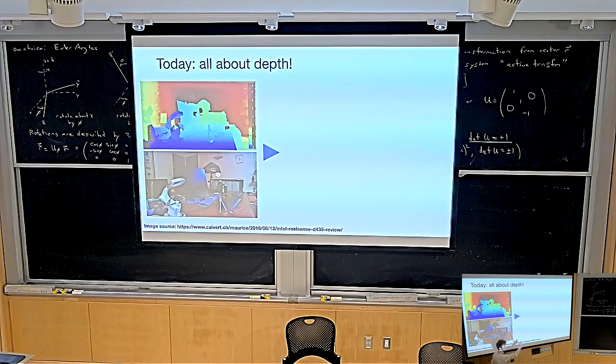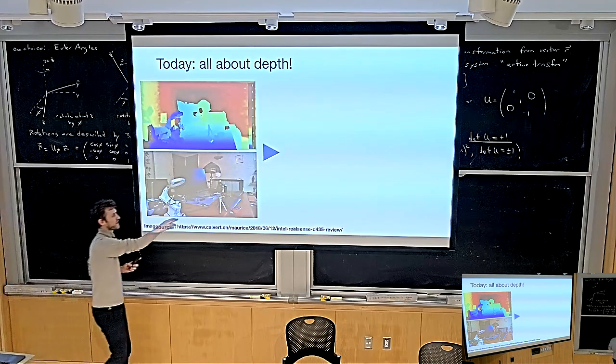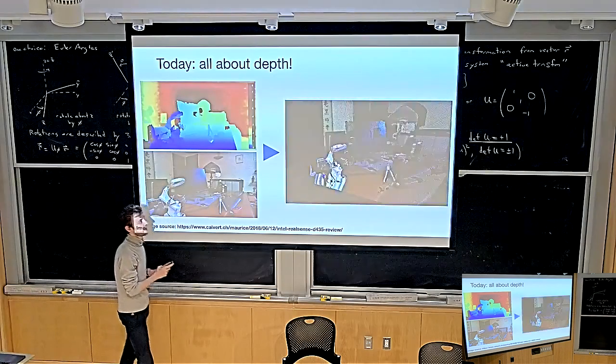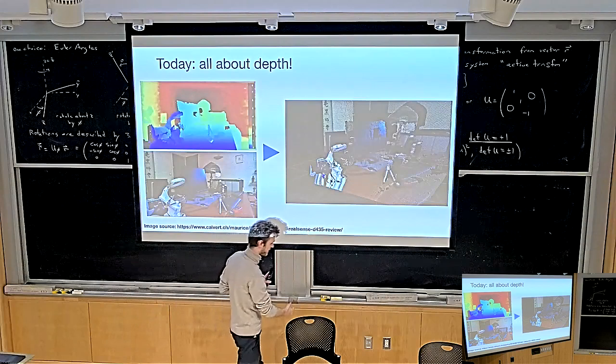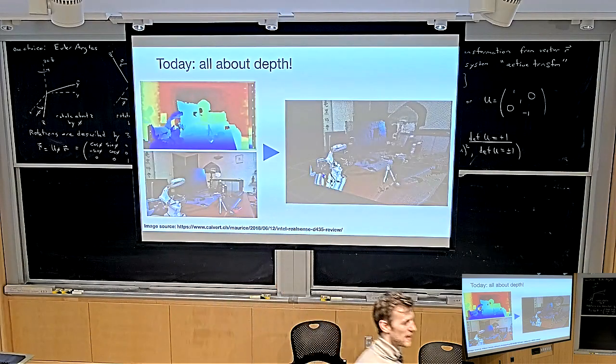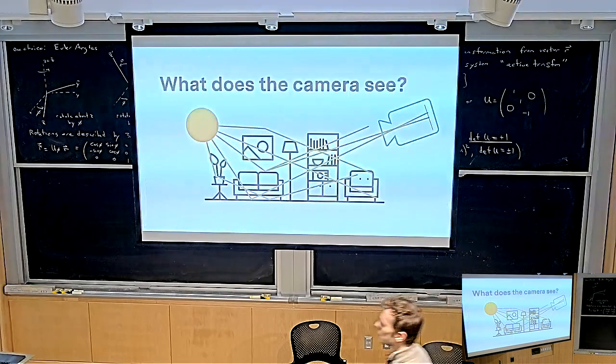Maybe you remember this picture. This is a picture of a scene captured with an Intel RealSense. The Intel RealSense is an RGBD camera. It gives you an RGB image, and for every pixel, it gives you a depth. And you already saw this image, where we discussed that, given the RGB and the depth, you can go to a point cloud. And if you think about it, the process of going from an RGBD image to a point cloud, the point cloud is the first kind of 3D representation you could possibly think of. In many ways, it's the simplest representation of a 3D scene you can think about.